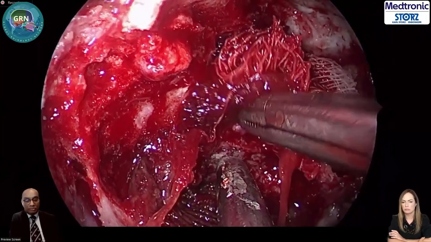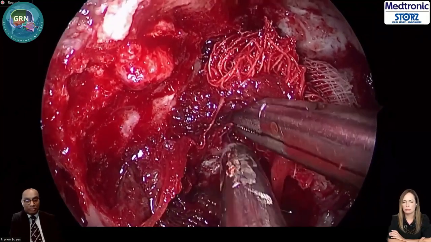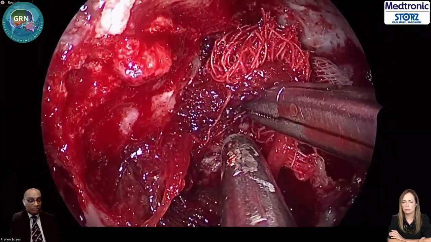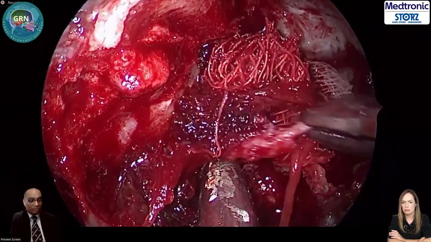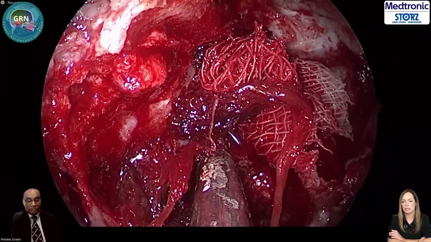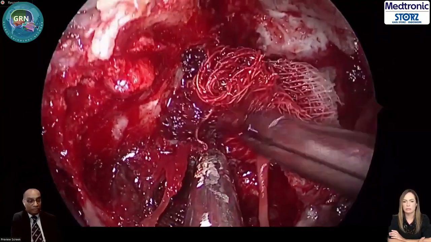And there's a little bit of JNA still there. So I'm going to take that out. See that? This is all the nuances of JNA surgery. And see that coming out. So these are the things we'll have to take care of, not the big one. The big one will come